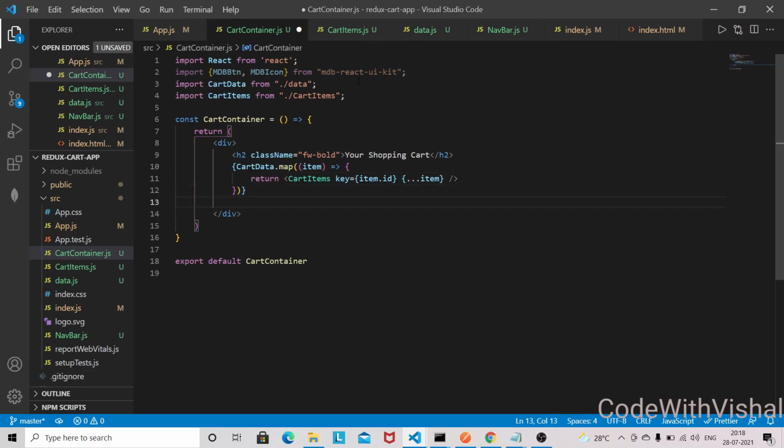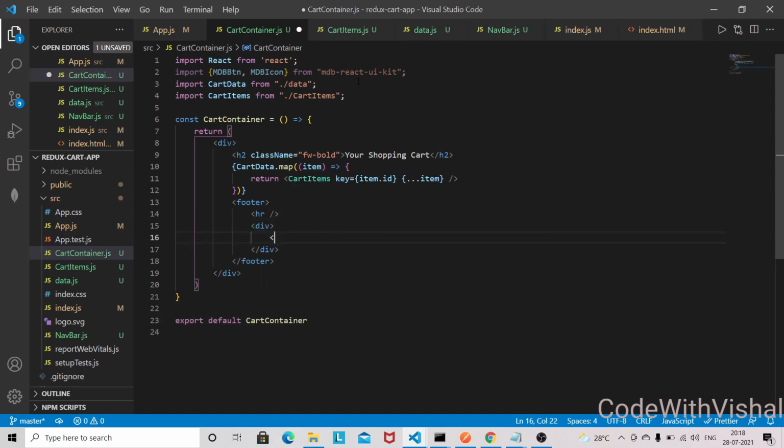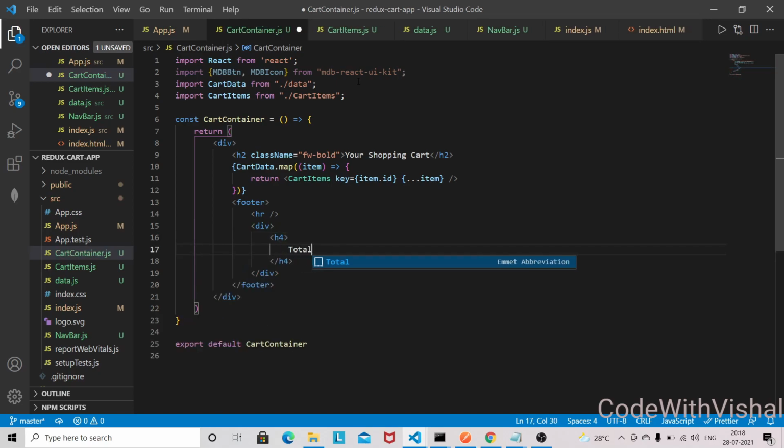Okay, now we'll have the footer. So in the footer we'll have one HR, and I'm going to use a div, one h4 tag, and it will have the total and span. And at the moment we haven't implemented the Redux, so I'm just giving some dummy amount, and this h4 tag also will receive some inline style.